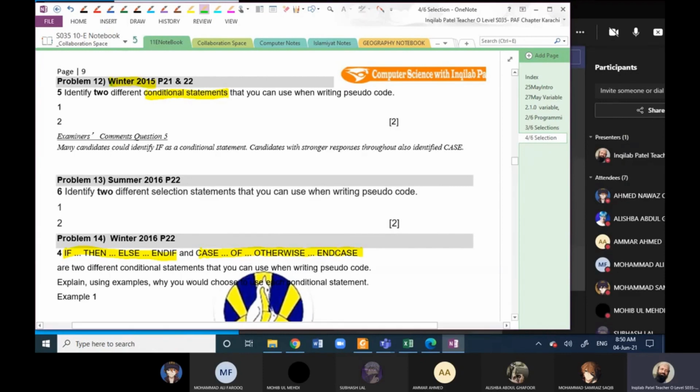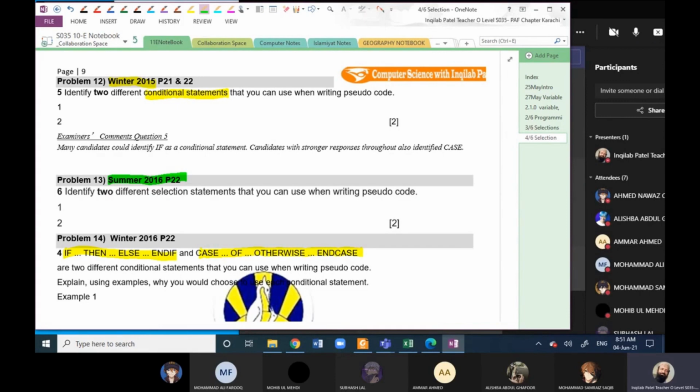You will observe that this is winter 2015 and this is summer 2016. Means for the preparation of your exam, your previous winter exams are very important for you.